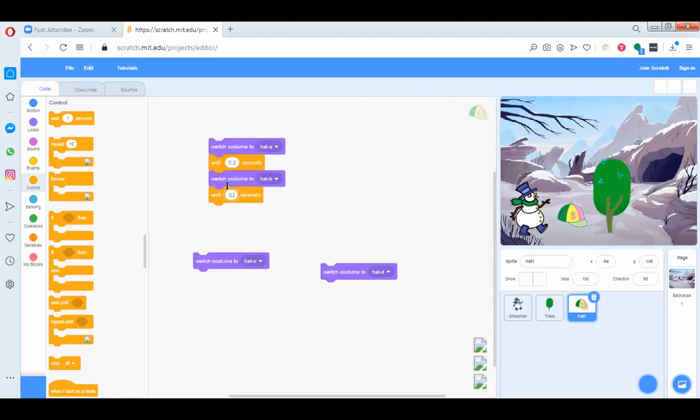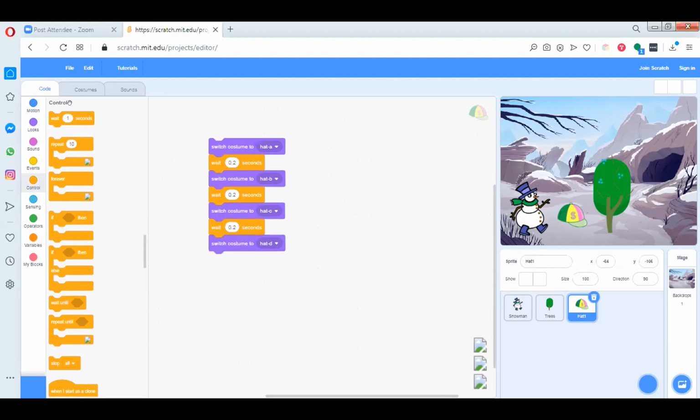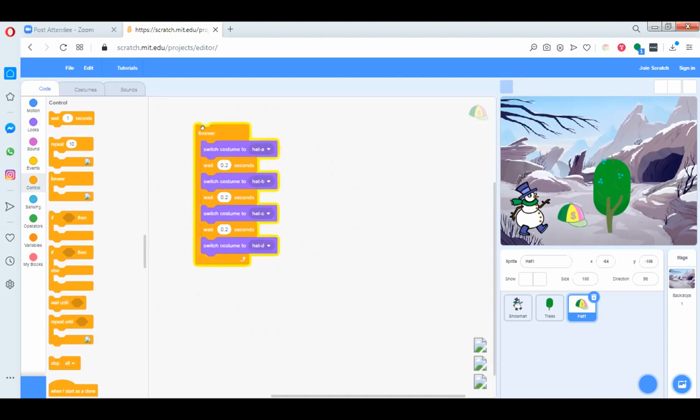Krish, you are doing the same thing. Okay, very good. Then give a wait of 0.2 second. And then put this entire thing in a forever loop. And now let's check how it looks. Click on it. Okay, very good. All right. Your hat is good.